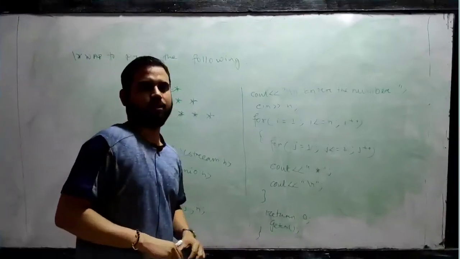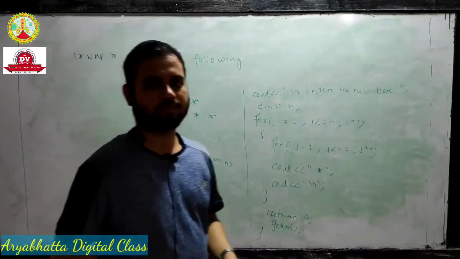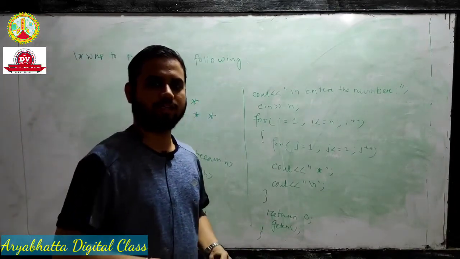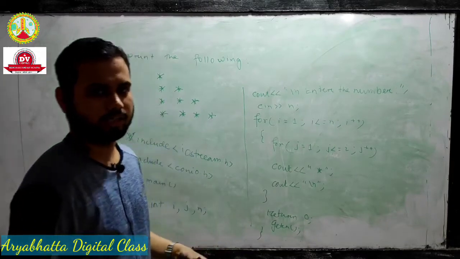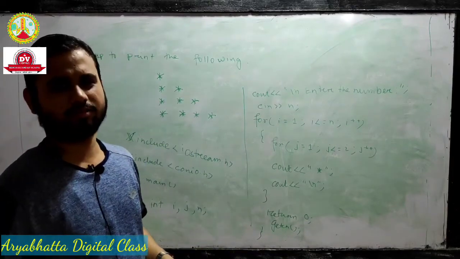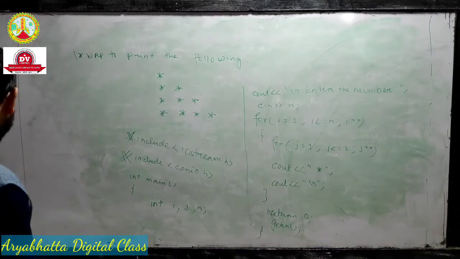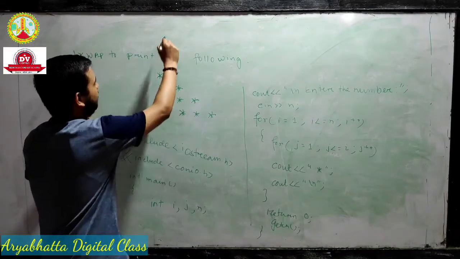Okay, students, this is our 5th class. We already discussed in earlier classes the operation of a rectangle and the factorial of an integer. Now, this is our important concept. This program is for nested loops.